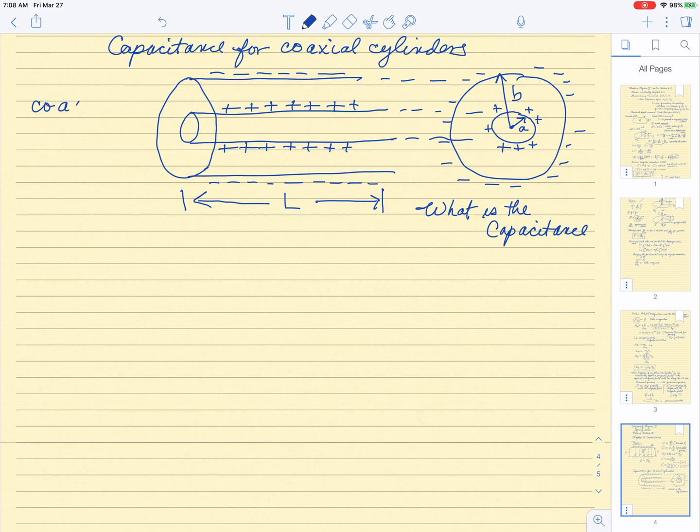So this is coaxial conductors. A couple of things: I'm going to redraw this other picture here several times. Here's positive,